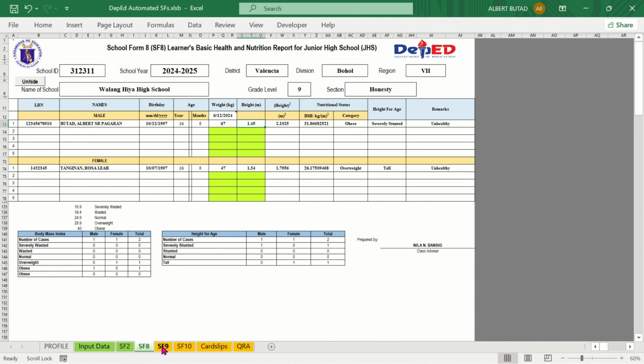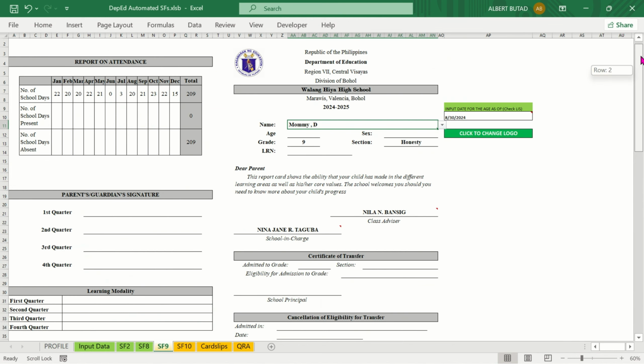So there's nothing to worry about because everything is made simpler and easier. And now let's go to the SF9. SF9 is otherwise known as the school report card. Again, you do not have to change much here aside from the logo and the name of the student. In here, we select the name of the student and the data of that specific student will automatically appear